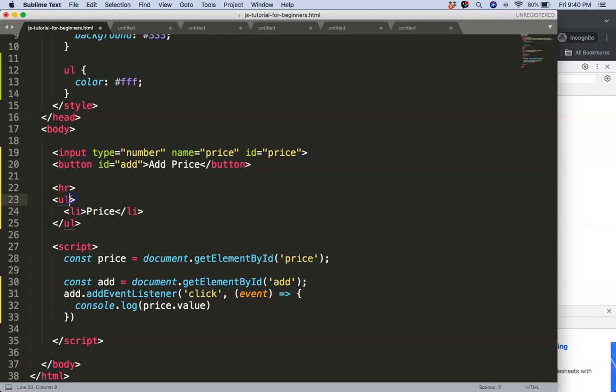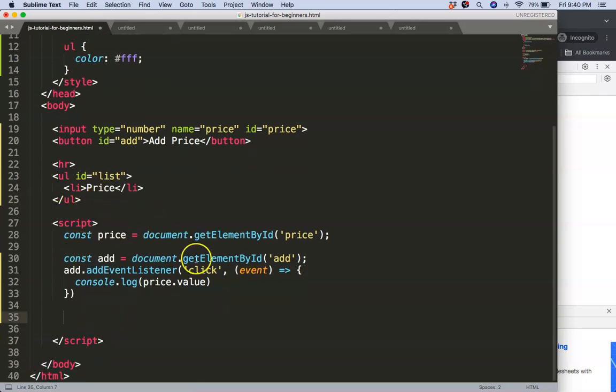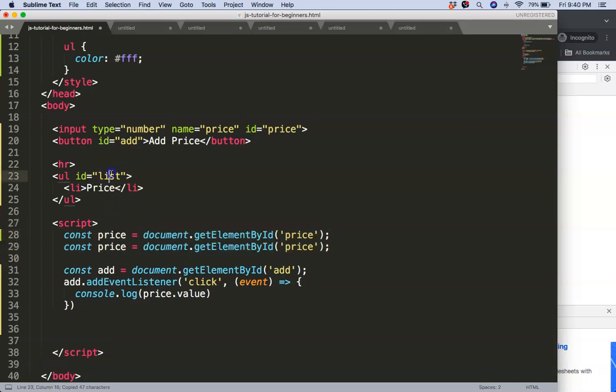Well, first of all, just to make it easy, I'm going to give this an ID, so we can easily identify this list item or unordered list. We're going to say here list, save, and then what I want to do here is basically the same logic. We're just going to grab all of this. Then we're going to say here list, all right. And now what I would like to do is, instead of this, I want to say the following. I want to create a new list item or